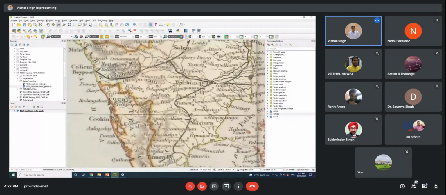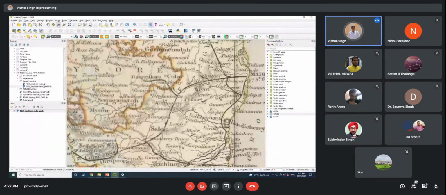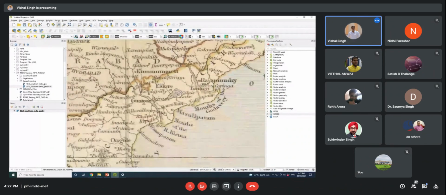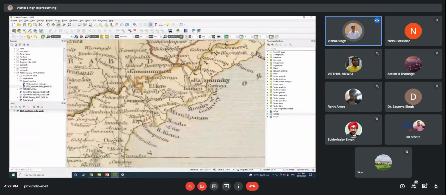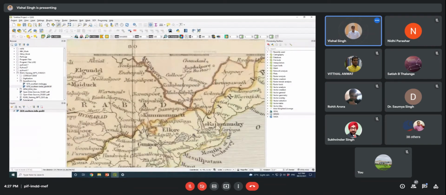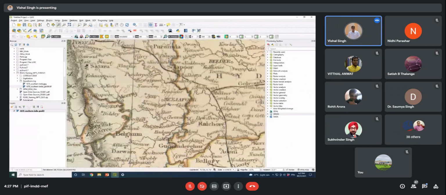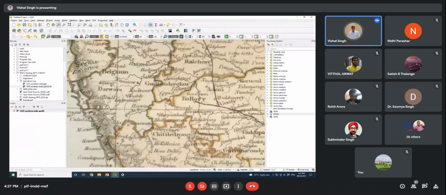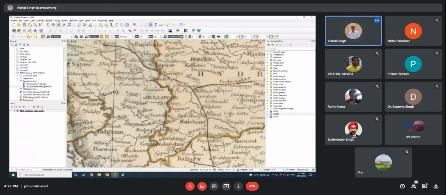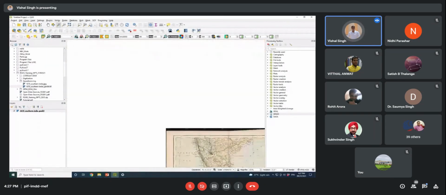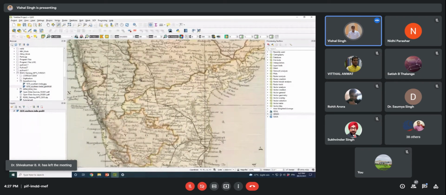Okay, Madurai, you can see the location of Madurai. And in this way, whatever features are here. So this is the Kolleru Lake. But this map is very old, so if you match it with current satellite images, some things you will not get. But in this way, you can generate the attribute information.